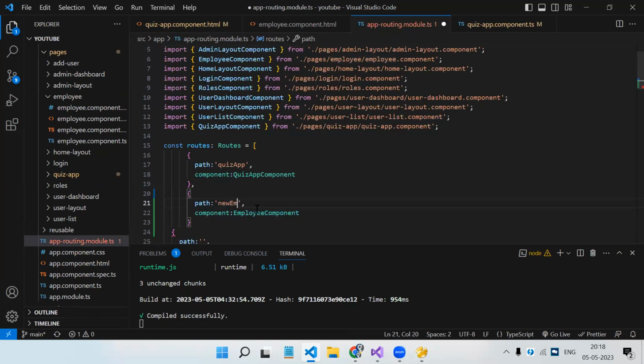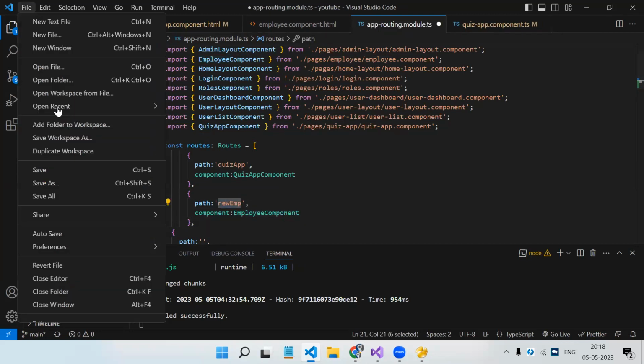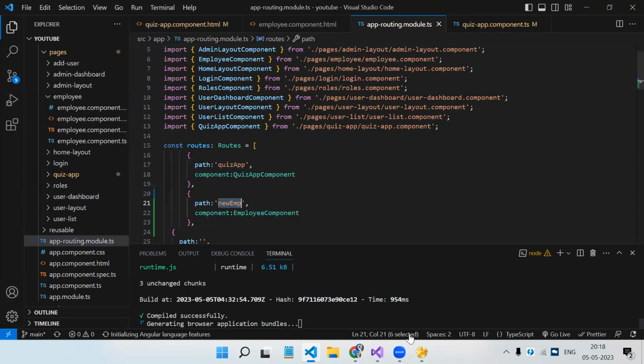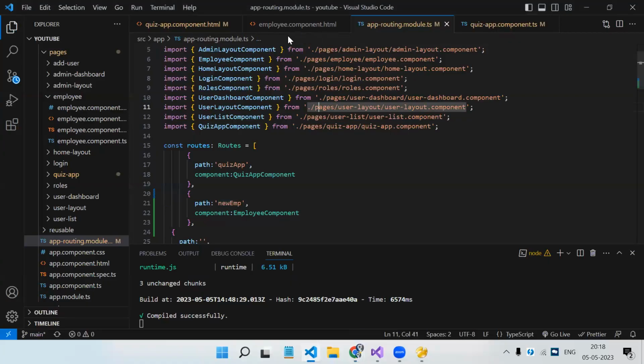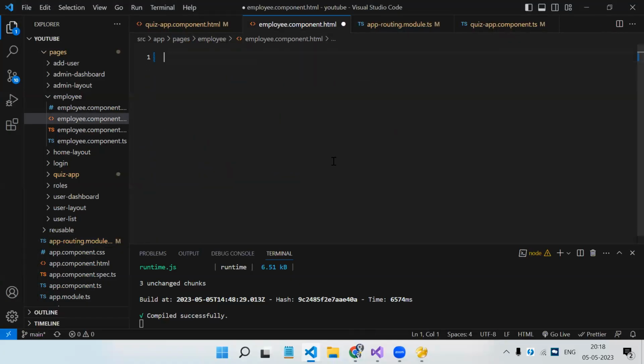New EMP. Save. Let's try to check if we are able to access this. Yes, so it is working. Now we need to design a simple form. So dot row, dot col-3. Inside that label we are going to need